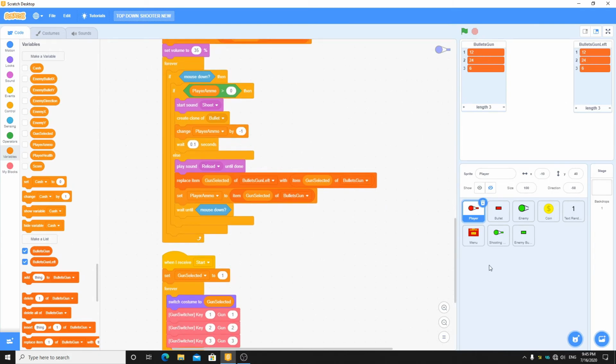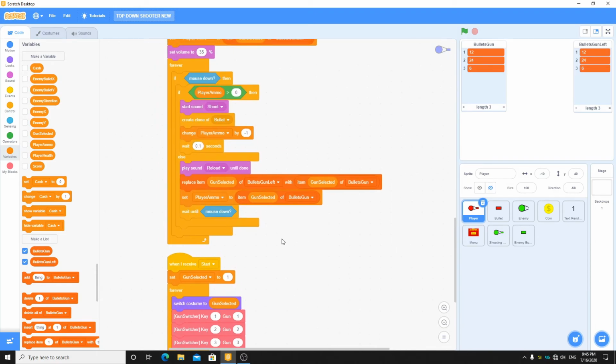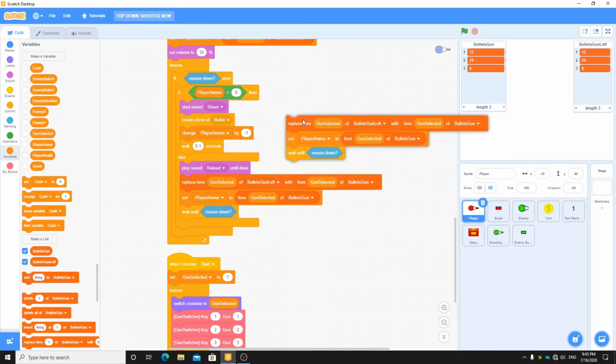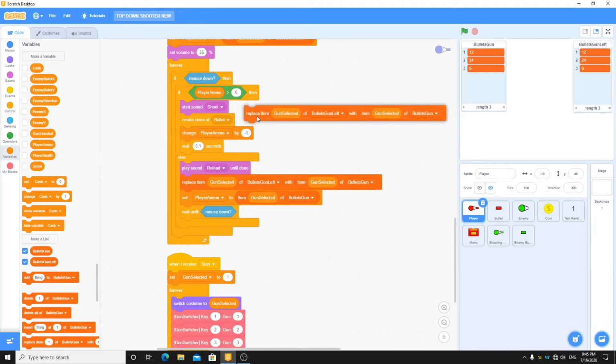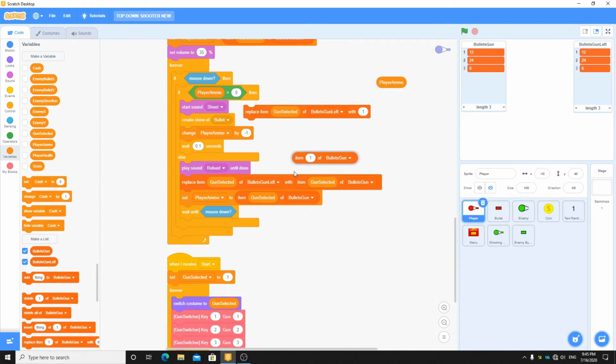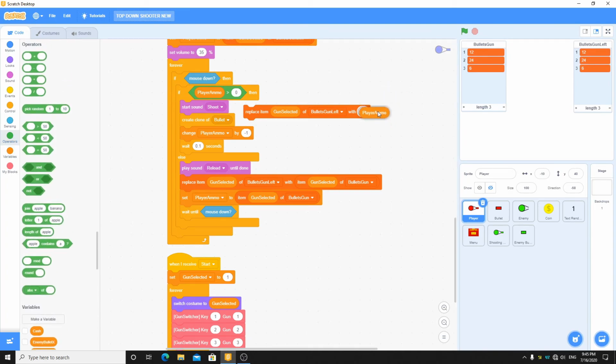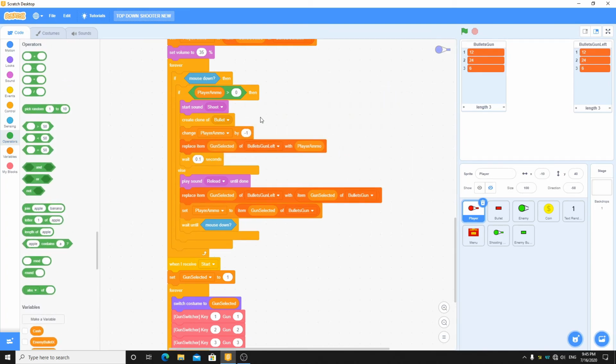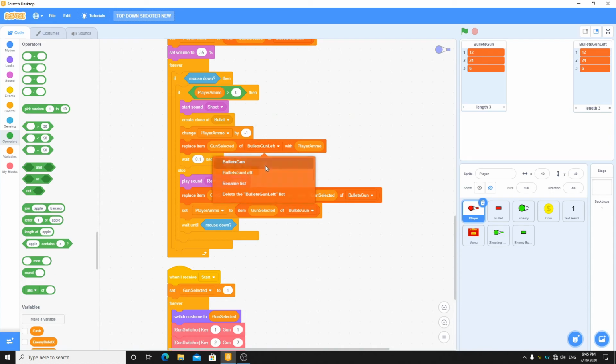So what we can do is just change player ammo by -1, and also put this replace thing here, and instead of gun selected we will use player ammo, put it here and just put it here. So this will replace it in bullets gun left, so it will detect that.